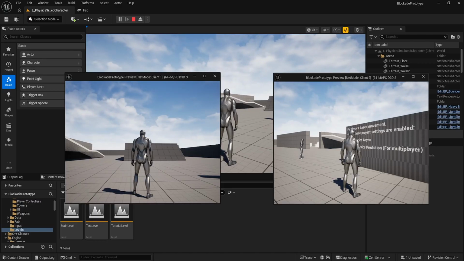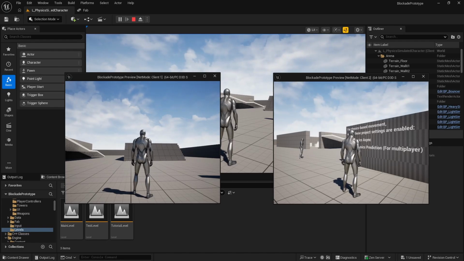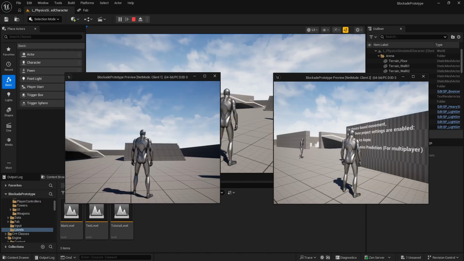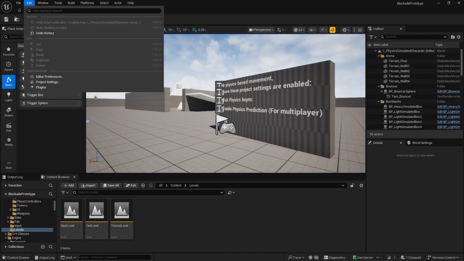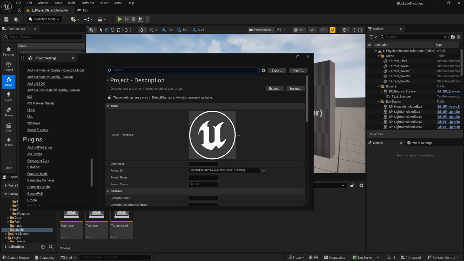Big problem. Because as you can see, I was so inconsistent with my movements. And I was like, hey, what's going on here, guys? Turns out, you think, oh, maybe it's the same thing. But it's not the same thing. I already got the settings set, so it can't be the same thing, all right? It's actually something else. Now, what is that thing? Well, if you go into the settings, so edit project settings, and you go down to